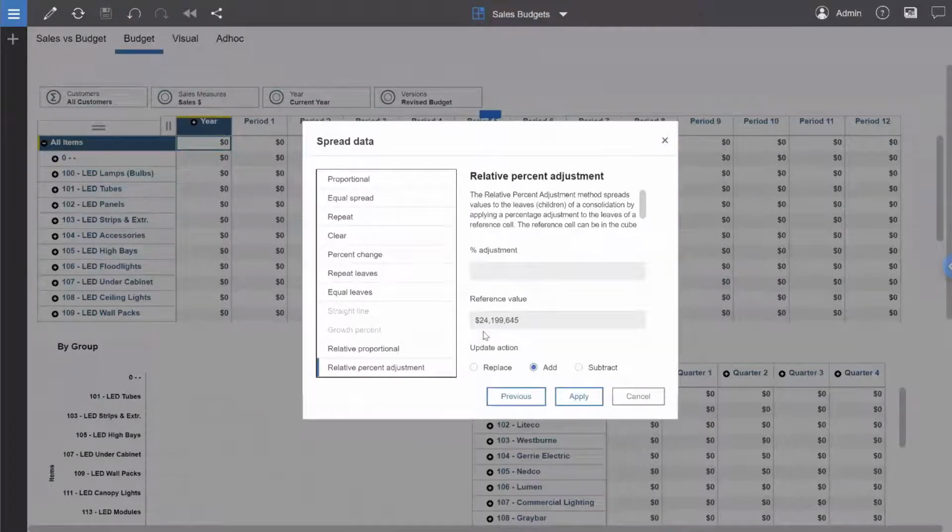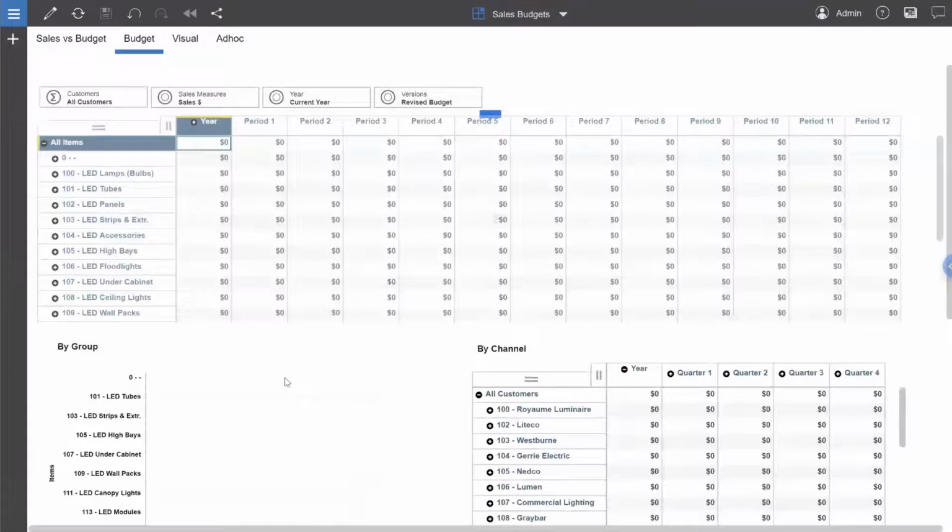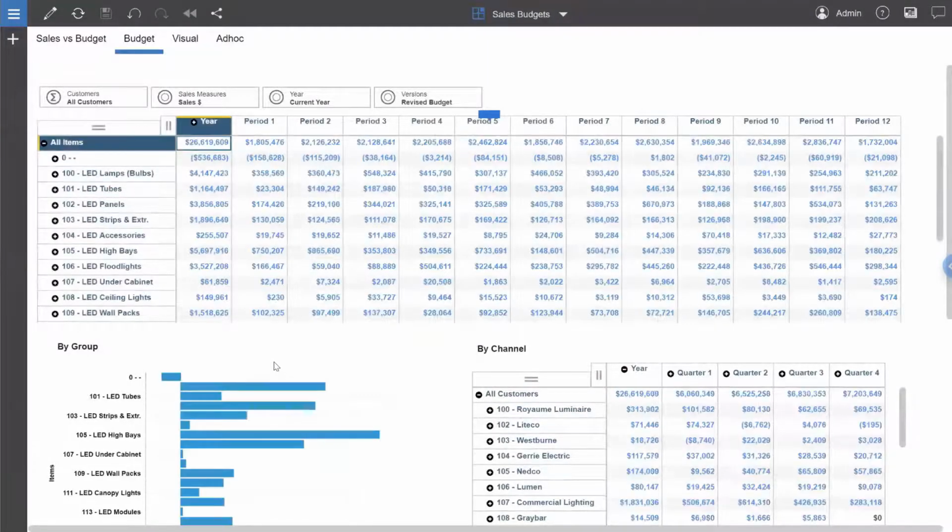Notice I'm seeing last year's number was $24 million. I'm going to take that adjustment and put it to 110, which is 110% of that number. I'm going to make sure that I replace the numbers that are there, and I'm going to click on apply. Now you're going to see the revised budget is showing at $26 million based on last year's numbers at 110%,